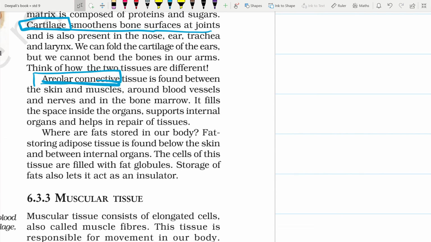Where are the fats stored in the body? Yes, they are stored in the adipose tissue. So another tissue is adipose. It is found below the skin and between the internal organs, and the cells of this tissue are filled with fat globules. Storage of fat also lets it act as an insulator. So the various